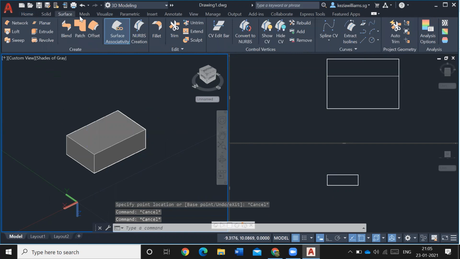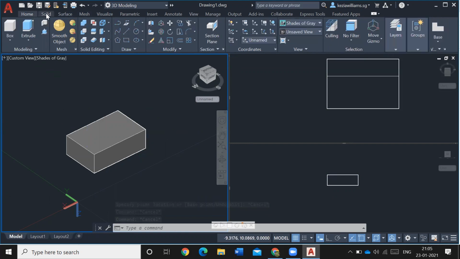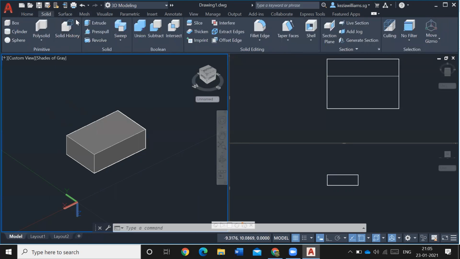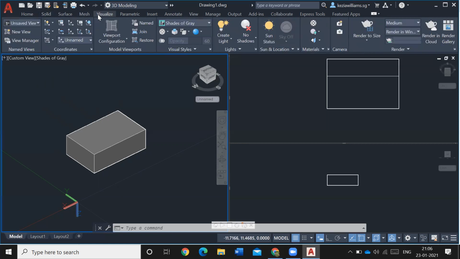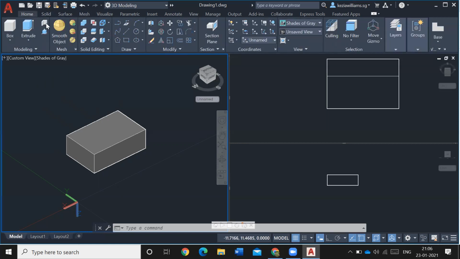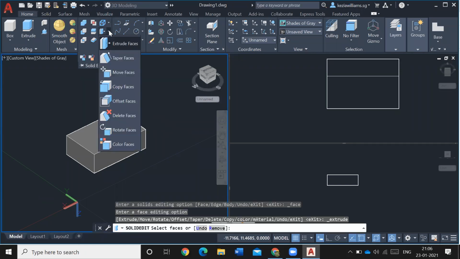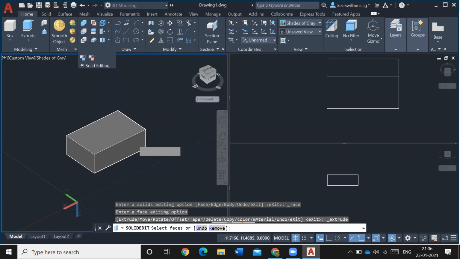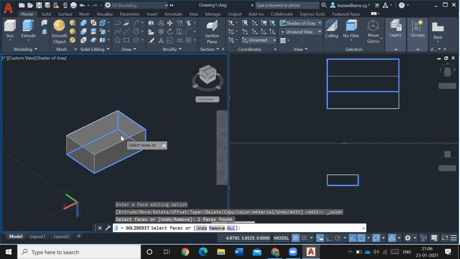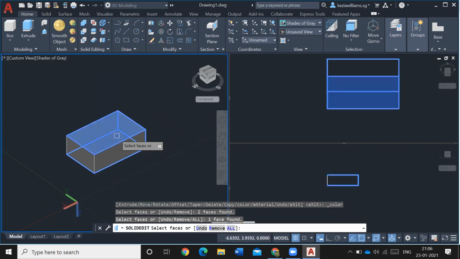Okay, so I think change color is under solid. Then I think it will be somewhere. Yes, change color is where visualize. No. Solid editing. Okay, I think here. Okay, color. Okay. Solid. Okay.